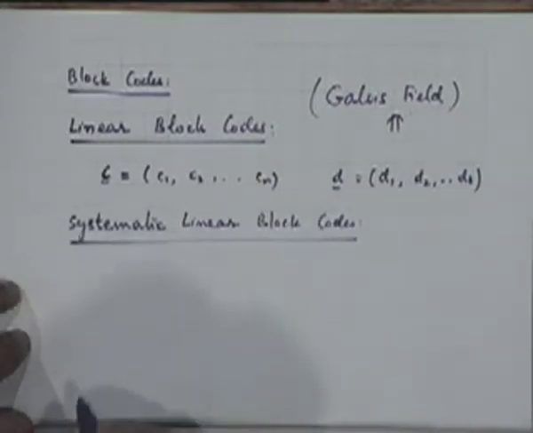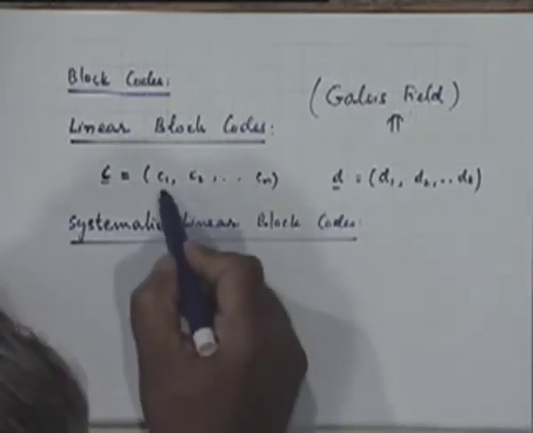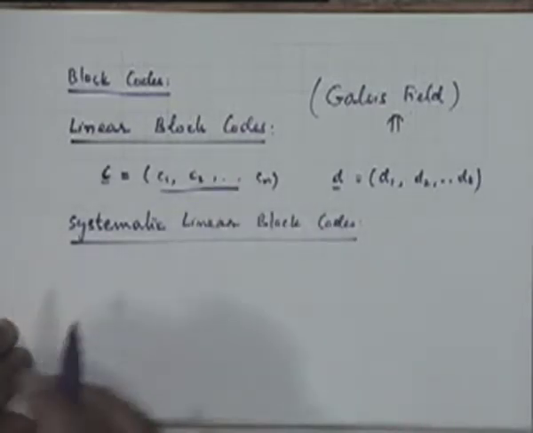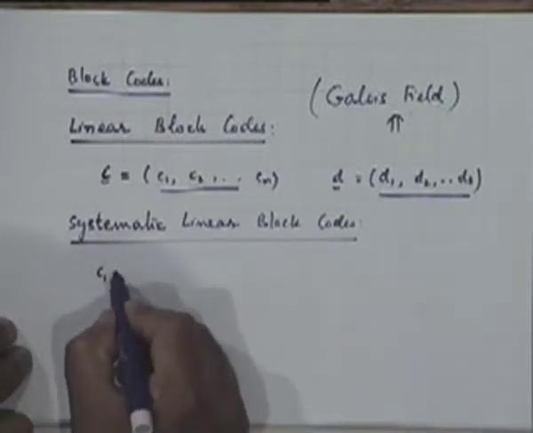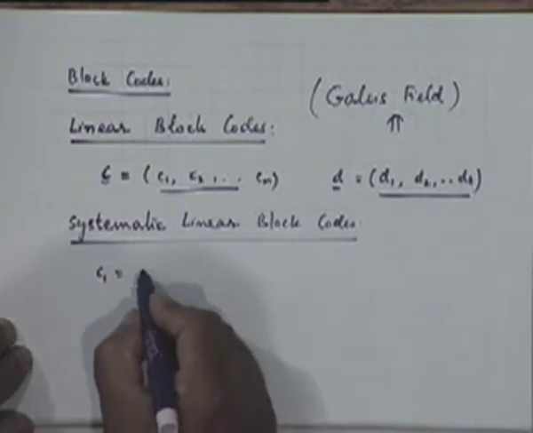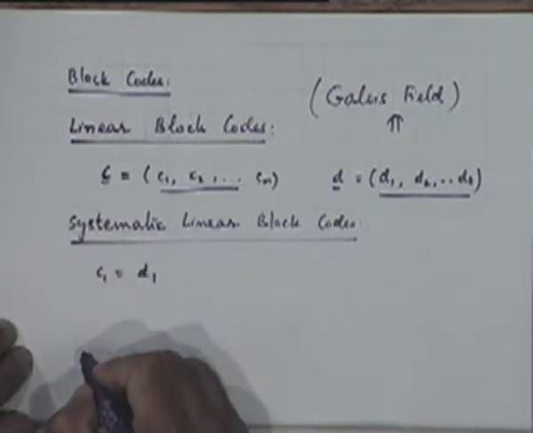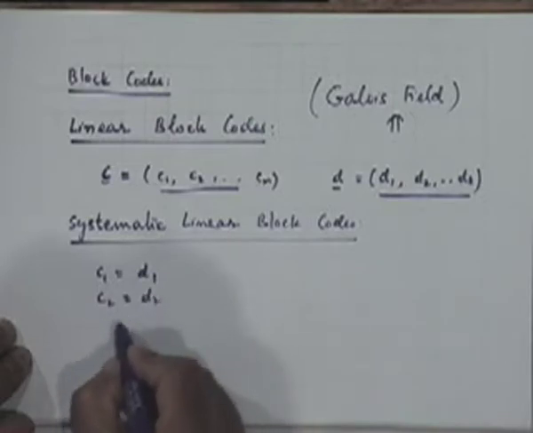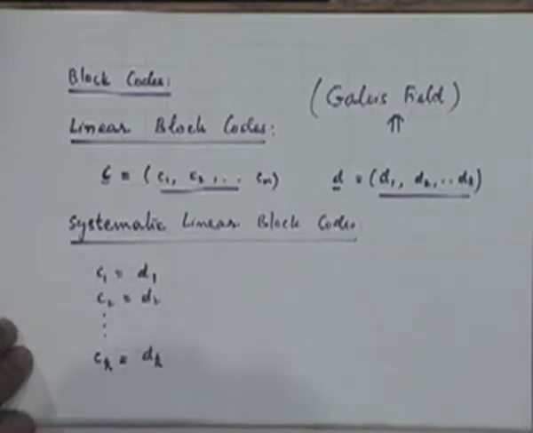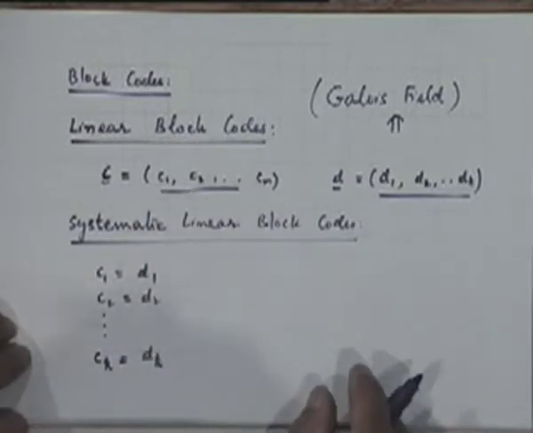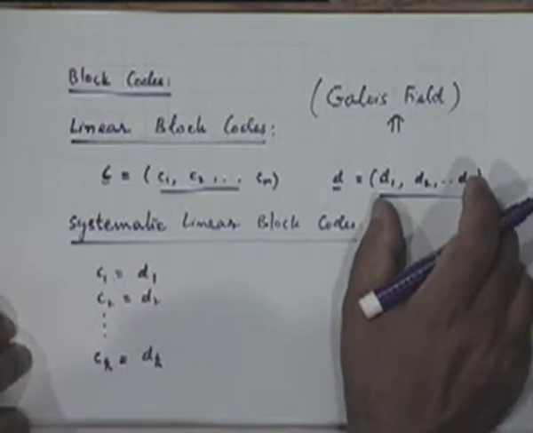In the systematic linear block codes, the first k bits of the code are taken identically to be equal to the corresponding information bits themselves. Okay. So C1 is not taken as a linear combination of these, but C1 is taken as simply equal to D1. C2 is taken as D2, and so on up to C sub k, that's taken as D sub k. So the first k bits of the code sequence are the same as the corresponding information bits or data bits